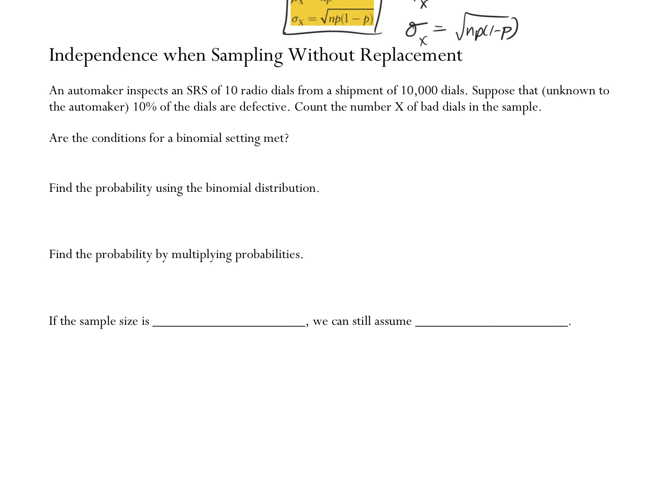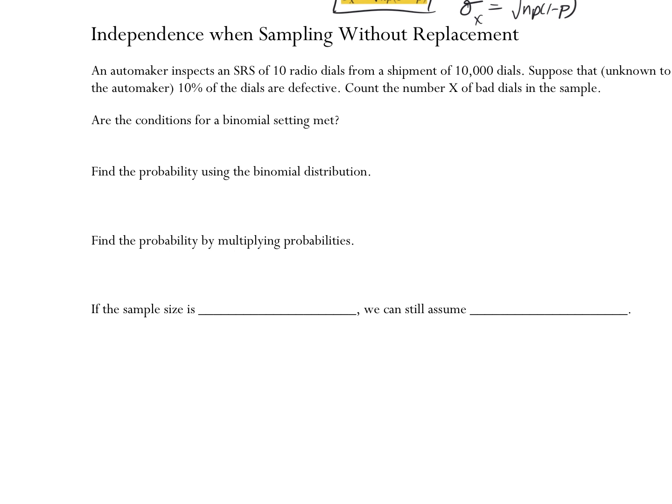This manufacturer is trying to say, hey, has it changed or not? Like they've improved their process or something. So they're going to take a random sample of 10 out of 10,000 of these little dials. And so if I take a random sample of 10,